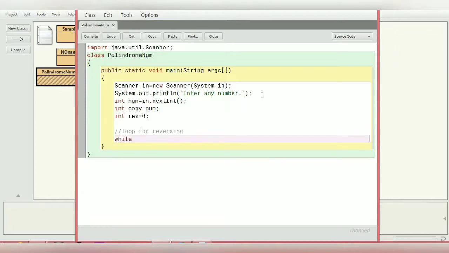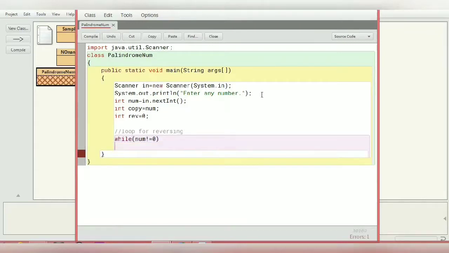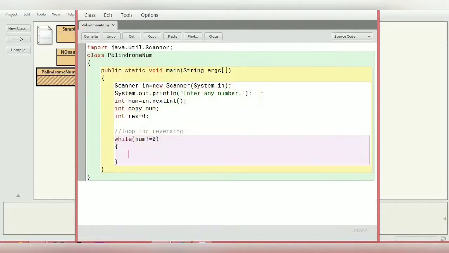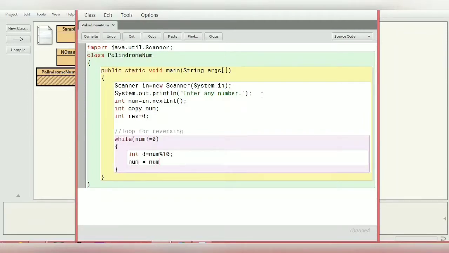While number is not equal to 0, that is, until the number becomes 0, our loop will continue. So let me declare one more variable for calculating the remainder, equals number mod 10. Mod is going to give us the remainder. And the number has now to be reduced by dividing it, number divided by 10.